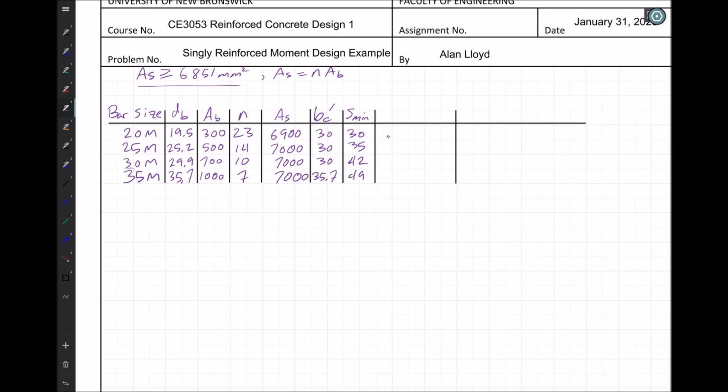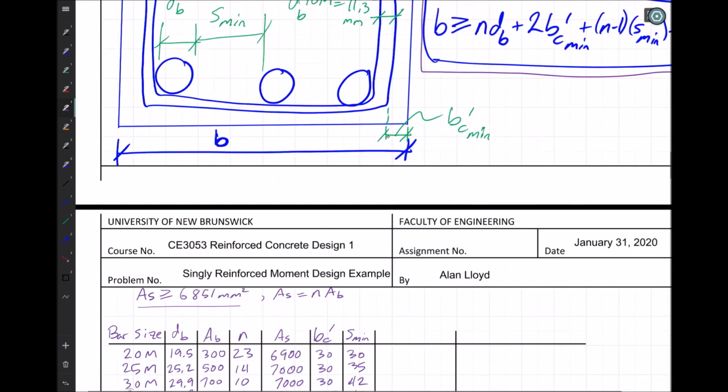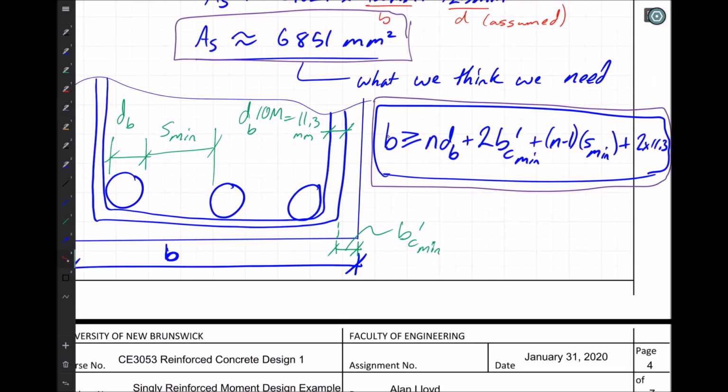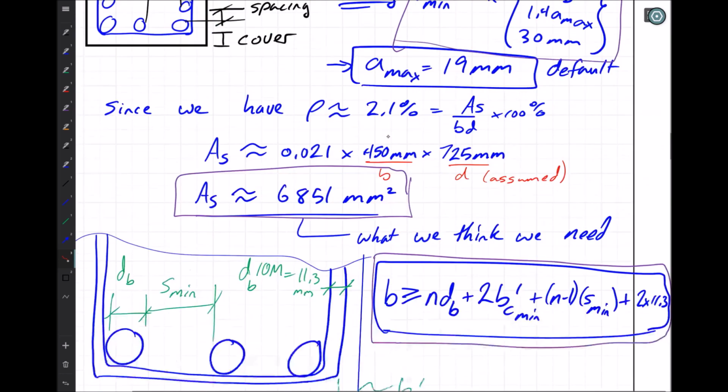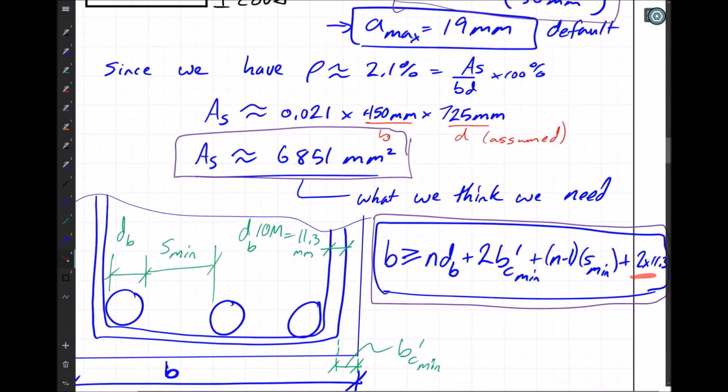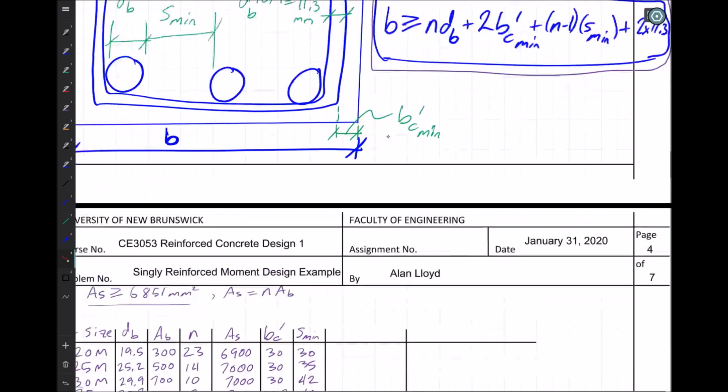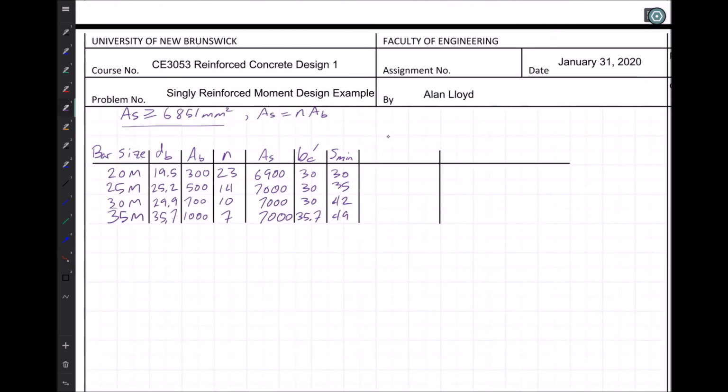If we then go to the equation we developed above, we see here that B has to be greater than all this stuff. Now we know S min, we know BC prime, we know DB, and of course we know 2 times 11.3 millimeters here for the stirrups. We can solve for the value of N, the number of bars, that can fit within B without exceeding that amount. And in doing so for each of these, we can come up with the number of bars in a row,